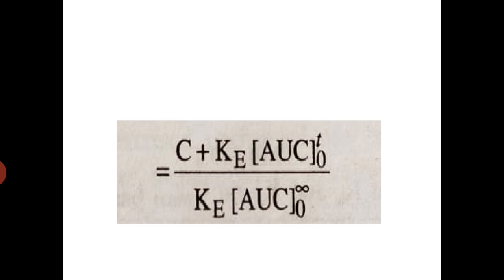I'll repeat once again. Xa by Xa infinity gives a fraction of drug absorbed. 1 minus Xa by Xa infinity gives a fraction of drug unabsorbed. That means 1 minus Xa by Xa infinity is a fraction present in the stomach that is ready for absorption. In another way you can say, amount remaining to be absorbed. After a particular period of time this drug will be absorbed. So 1 minus Xa divided by Xa infinity can be rewritten as ARA, that is amount remaining to be absorbed.